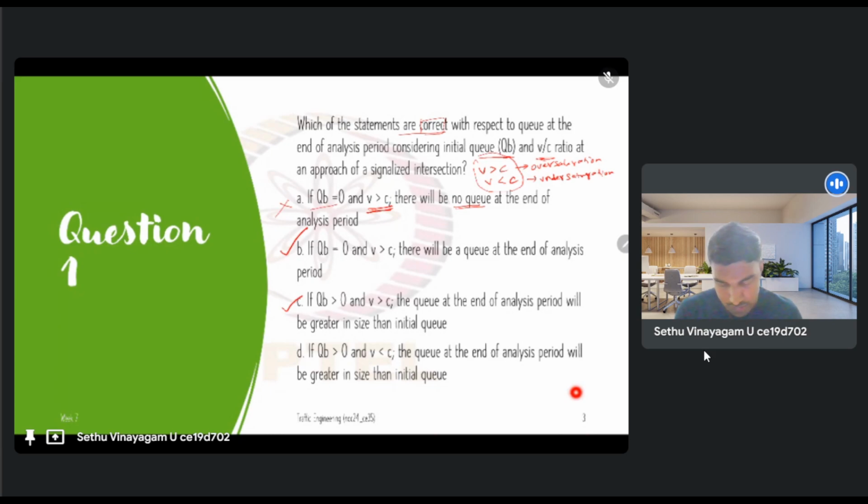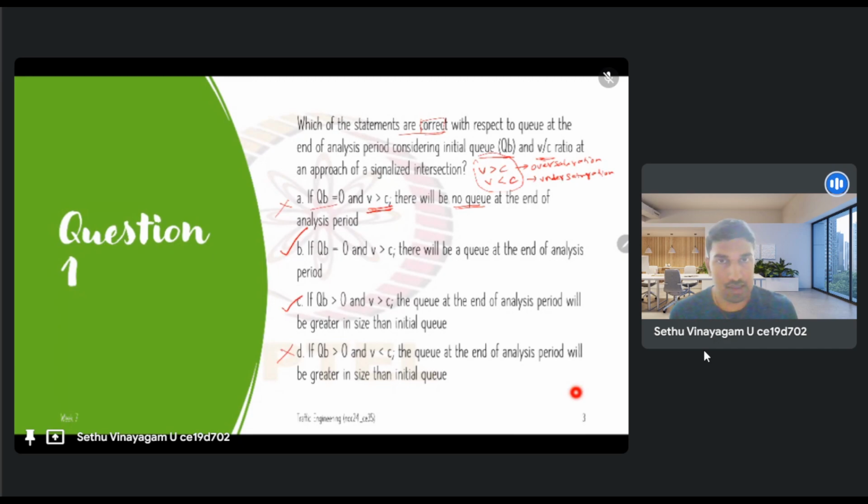So C is also correct, and D is: if QB is greater than 0 and V is less than C, the Q at the end of the analysis period will be greater in size than the initial Q. This is incorrect. Why? Because here we are looking at the opposite condition. There was some Q present initially, but